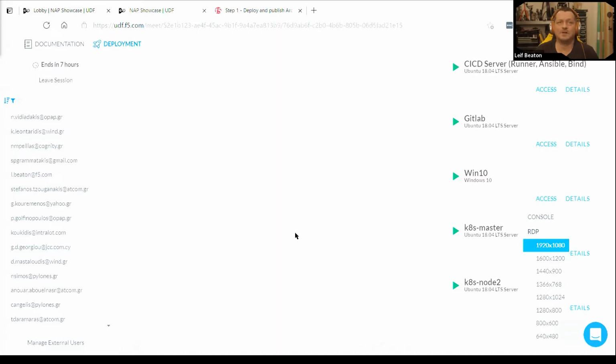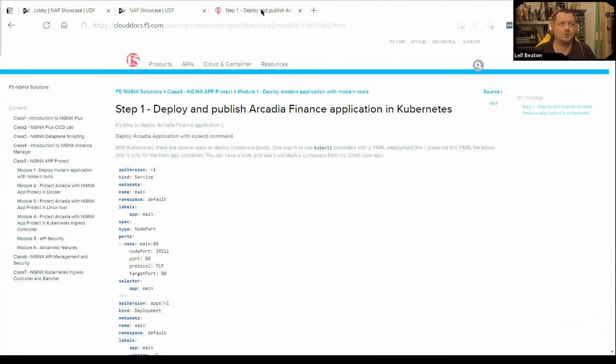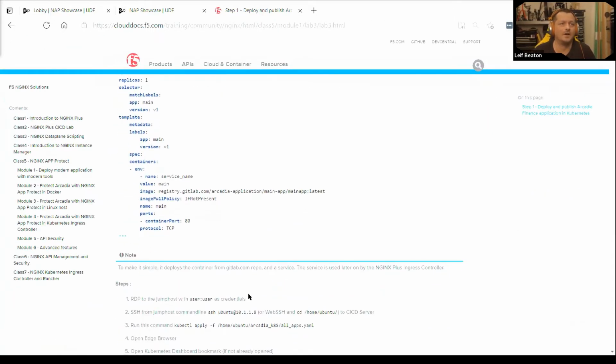It should kickstart your RDP client. Answer yes to any "are you sure you want to connect to this system" prompts. The credentials you want to use to access it should also be outlined in the lab guide here. Yes, it is. RDP by default will assume that you want to log in as administrator. Just click change user, and the username is user and the password is also user.